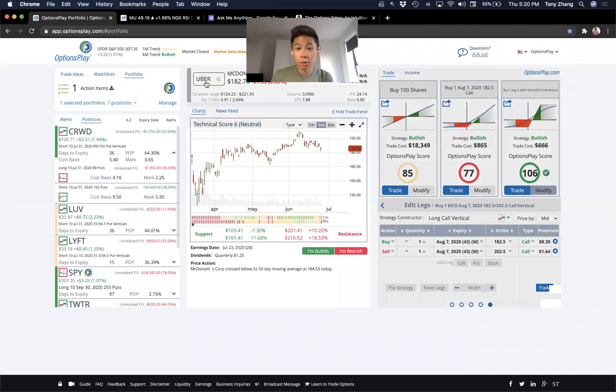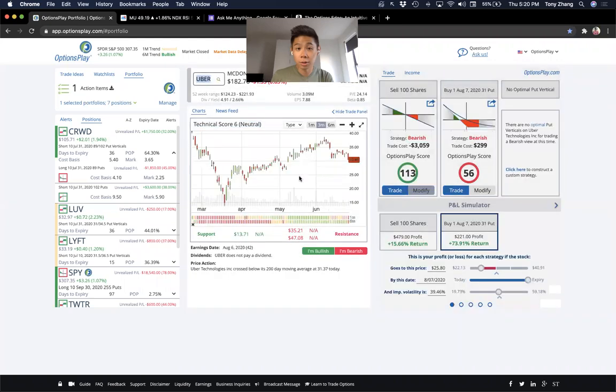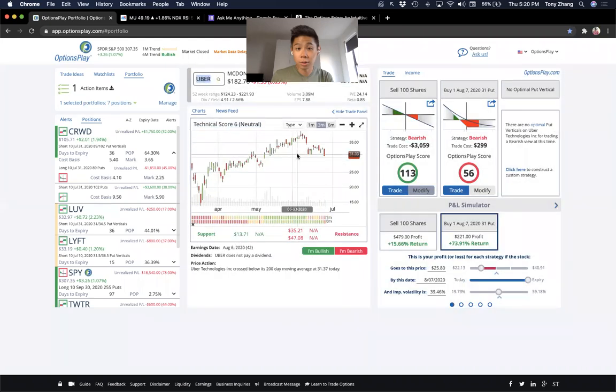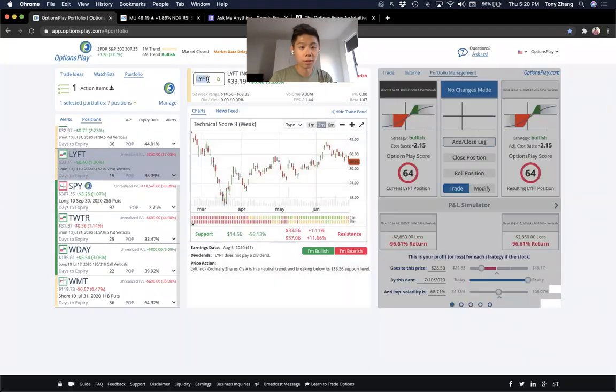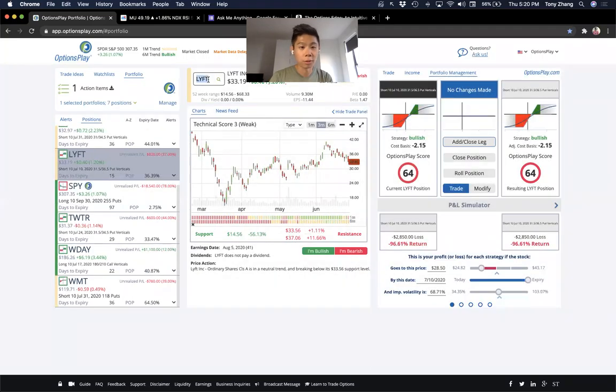Uber, I like Lyft more than Uber, but again, momentum has not been on our side here for this particular trade. I still like Lyft better than Uber, just because the company is more focused, if you will, on transportation. It's more focused on rideshare. Uber has a lot of ancillary businesses between Eats, between trucking, between all the other things that they're trying to do here. So I think Lyft is more focused.